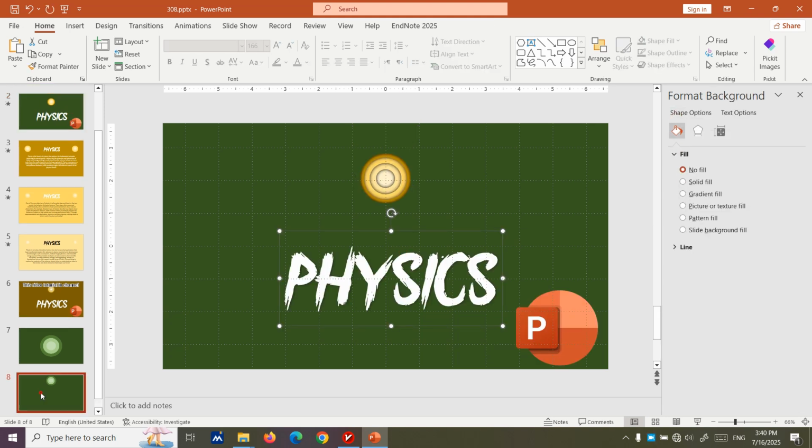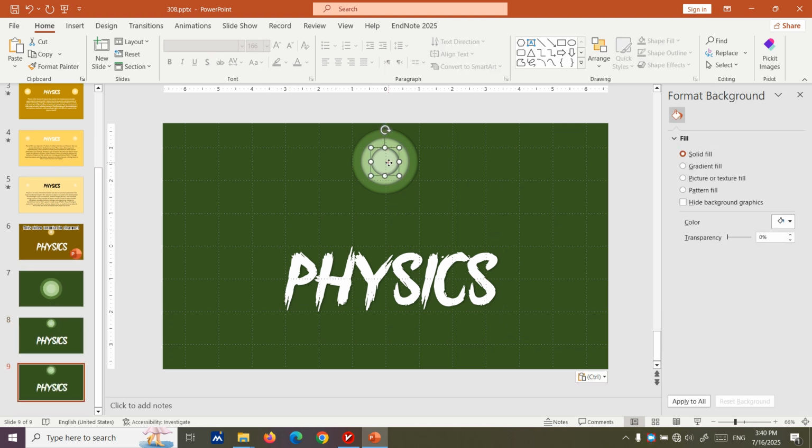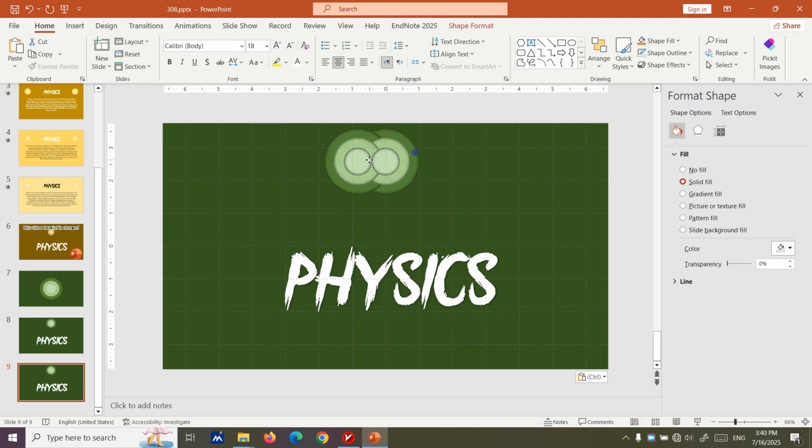And we paste our text. It's a simple text. We use Overdrive Sans as a font and it has nothing special. After that, we copy that. We select these 3 of them